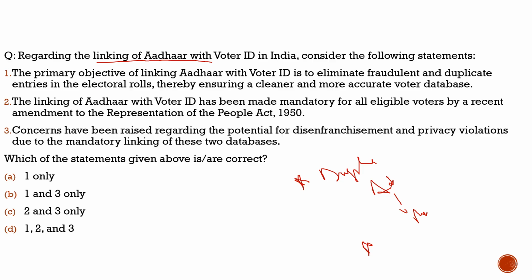Second statement: linking is mandatory for all eligible voters by a recent amendment to the Representation of the People Act 1950. Totally incorrect and absurd statement. Third statement: concerns have been raised regarding the potential for disenfranchisement and privacy violations due to the mandatory linking of these two databases. 100% correct. This is one of the concerns which has been raised, and that's why it was not made mandatory,